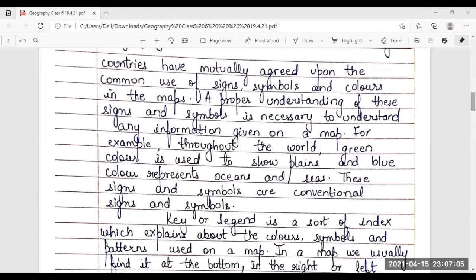For example, throughout the world, green color is used to show plains and blue color represents oceans and seas. These signs and symbols are conventional signs and symbols.